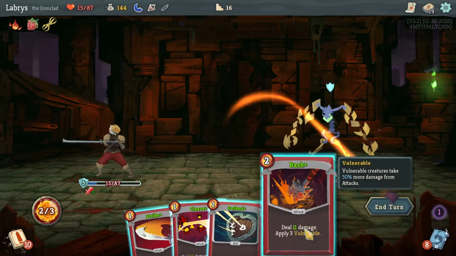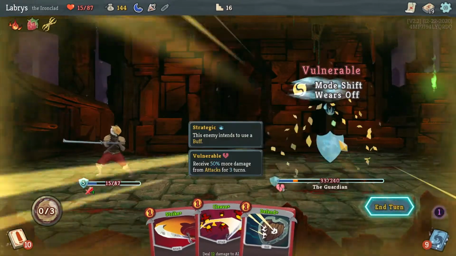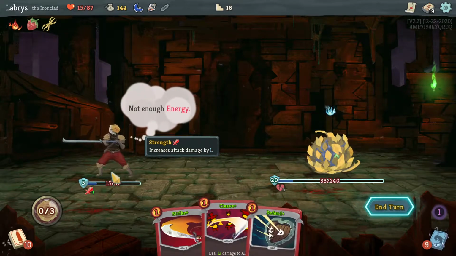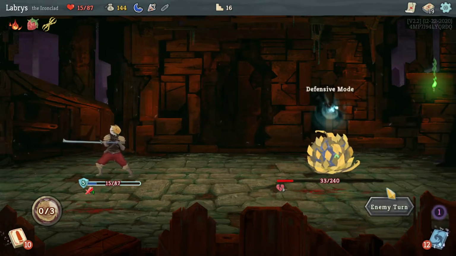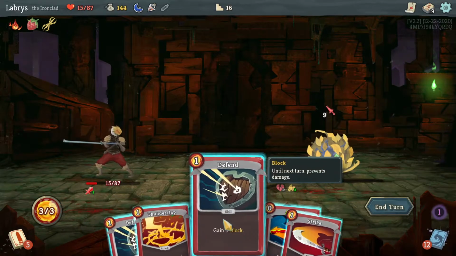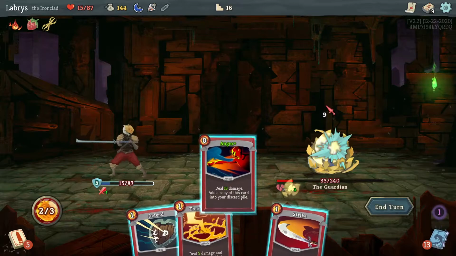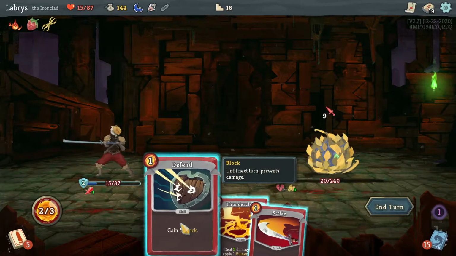I'm going to use this, and then I'm going to just obviously get bash improvement. Apply major vulnerable. Right. It's majorly vulnerable. It plays into defensive mode, gets sharp hide. And then I do, well, what I do, which is this. Use anger, 7 damage, apply 1 vulnerable,